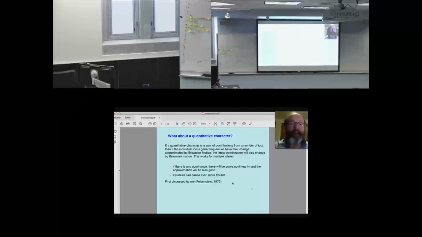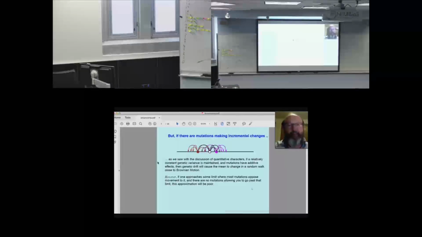So epistasis and dominance will cause trouble. I think I'm the first person to have taken the Cavalli-Sforza-Edwards Brownian motion approximation to gene frequencies and extended it to quantitative characters. And then if you throw mutation in, again, you can wave your hands even more vigorously. I think what we never actually had but should have is some computer simulations of all this to make sure it's working. But if it doesn't work, we actually are stuck and we have no alternative at this point.